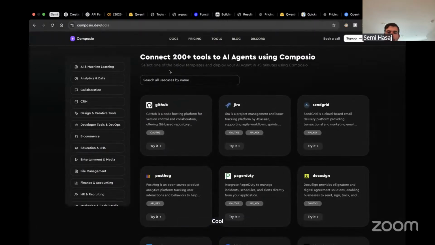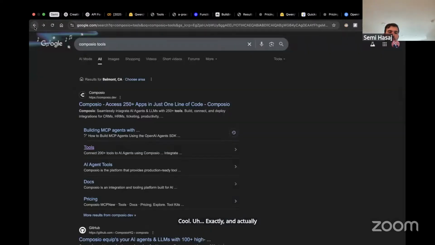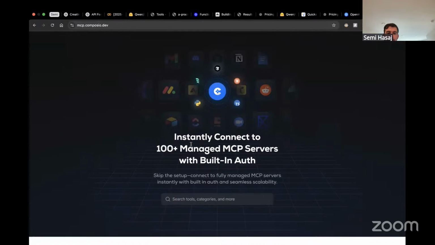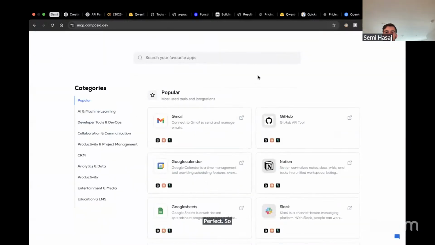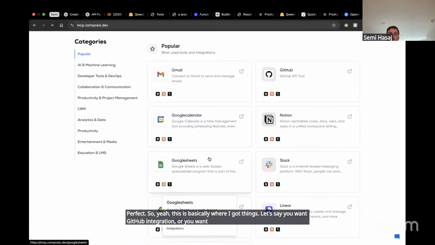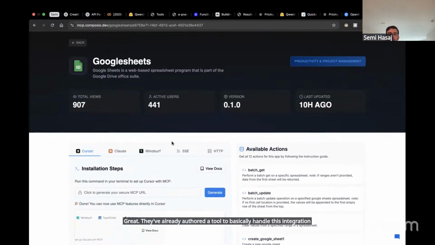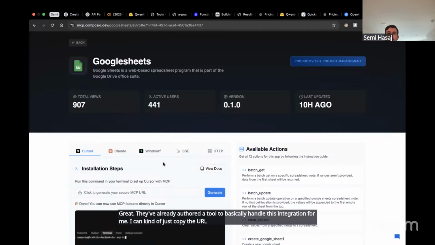Exactly. And actually, I might want MCP tools. Perfect. So yeah, this is basically where I got things. Let's say you want GitHub integration or you want Google Sheets integration. Great. They've already authored a tool to basically handle this integration for me. I can just copy the URL, which I did.